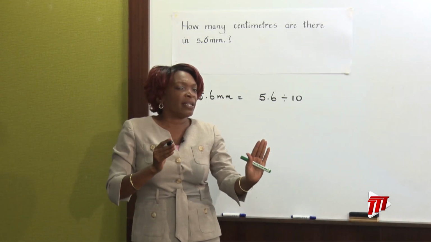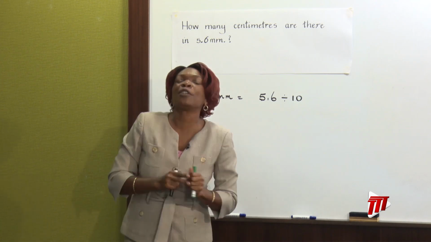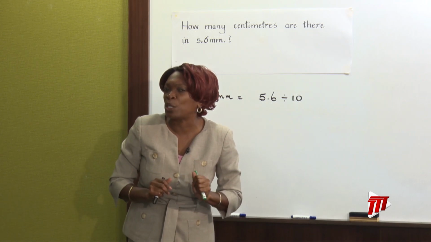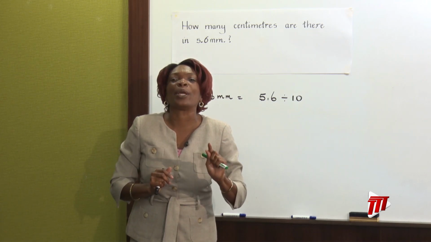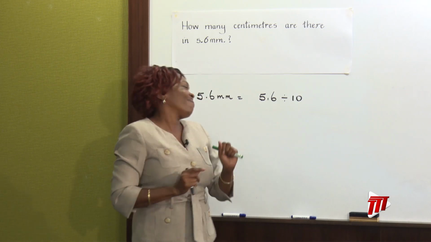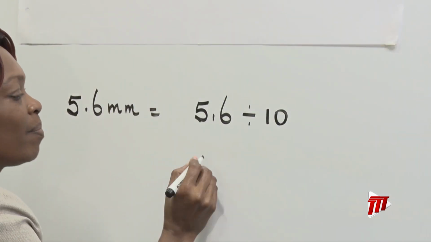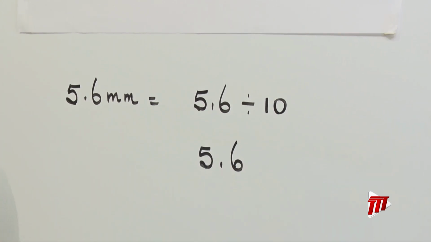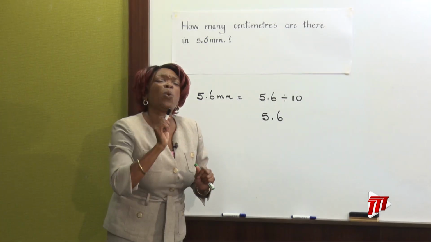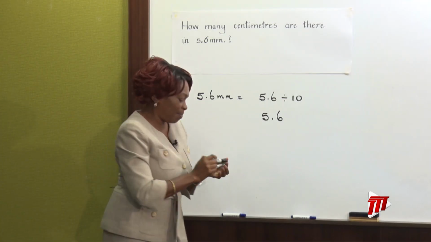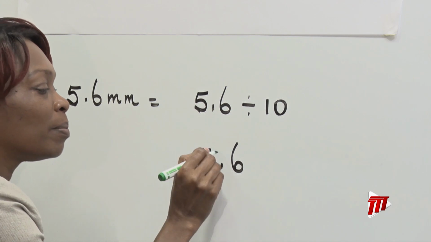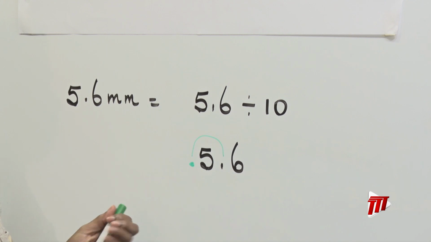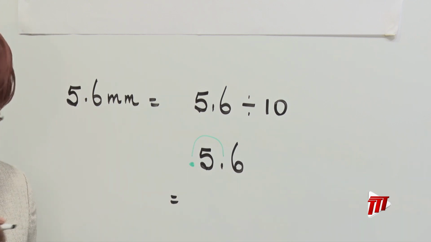When we multiplied using the decimal before, we shifted the decimal point to the right. For division, what should we do? Yes, we are now going to the left. Now, since we are dividing by 10, we shift one place to the left. Do it with me now. So we end up with